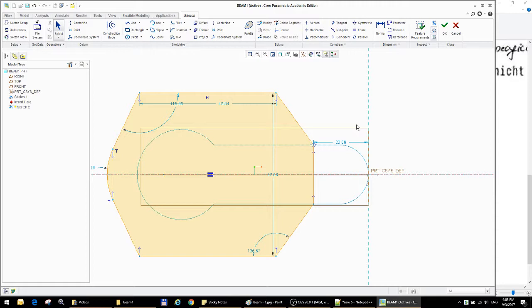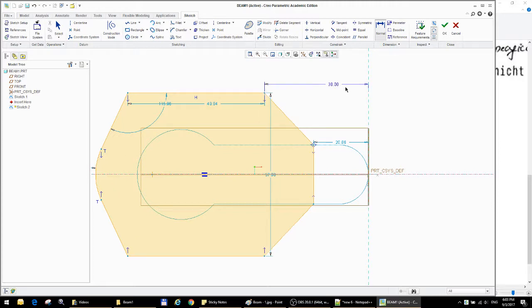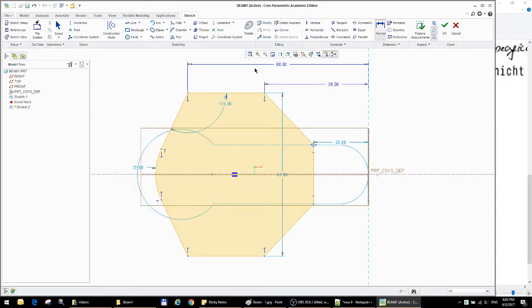One of the dimensions is this one, which is a horizontal dimension from this point to the axis, and that is 38 mm. Then you have a second dimension from this point to the axis, which is 66. You have a radius of 29.5, and